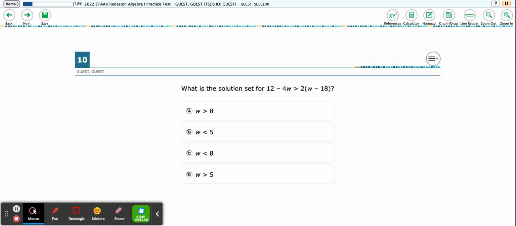So we come to number 10, and we notice that we've got inequalities. It says, what is the solution set for 12 minus 4w is greater than 2 times w minus 18? So remember, the way we can remember less than and greater than is less than, the word less